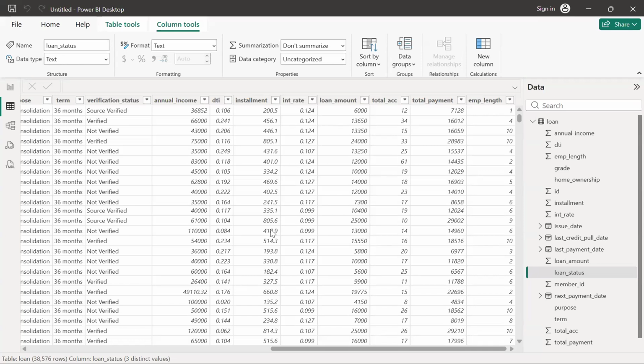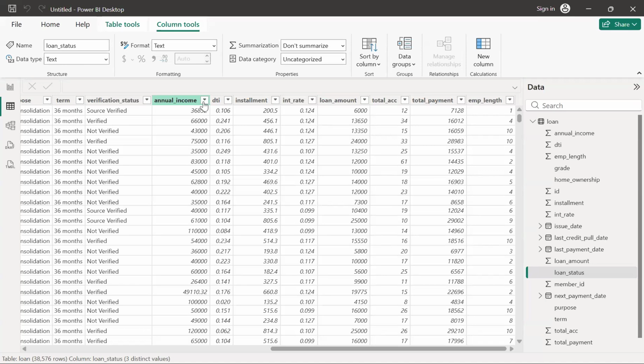Okay, so we can actually try to utilize these numerical data like the annual income, DTI, and the loan amount, and try to make some category. Because definitely there are going to be so many unique numbers over here. So analyzing, let's say, 10,000 unique numbers by using a column chart or some simple chart is not possible. So in that case,